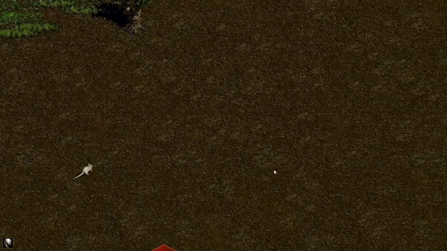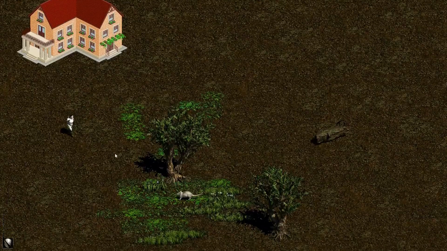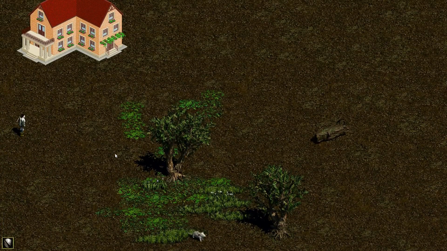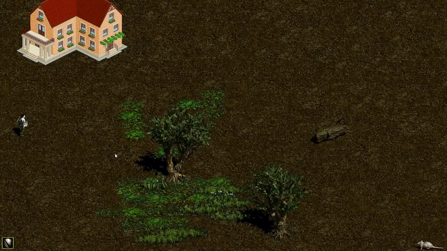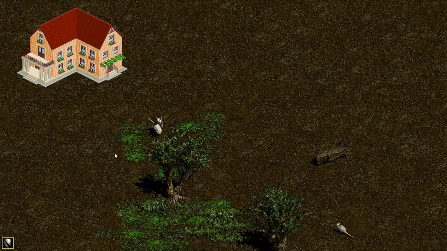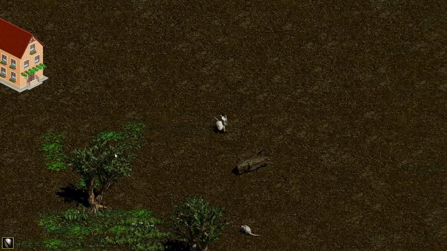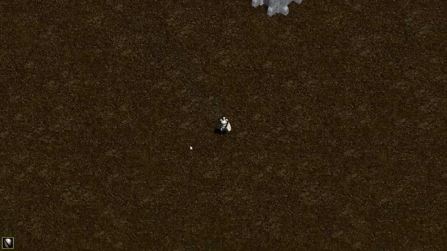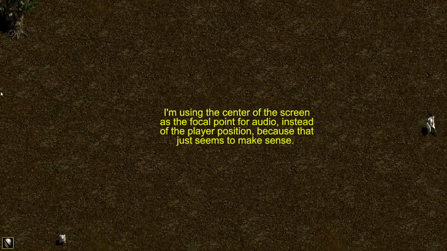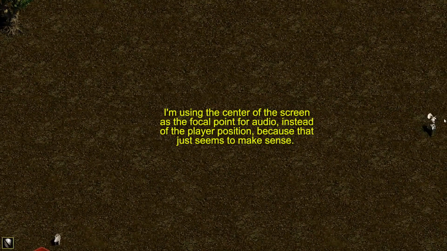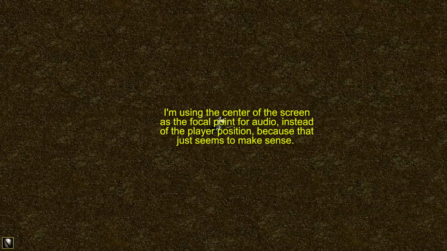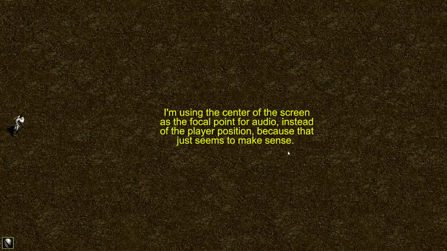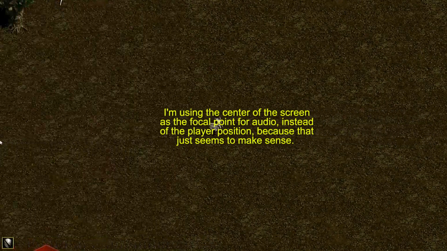So I finally started to add sound effects to my game. It's just a lot of fun making sound effects. I don't know if it's because I have a background in audio, but it's a lot of fun. So anyway, the sound effects in my game, you have panning. That's pretty easy to do, but then the sound also falls off